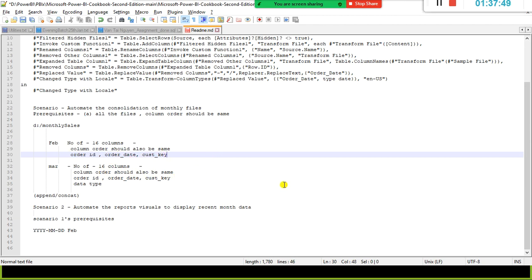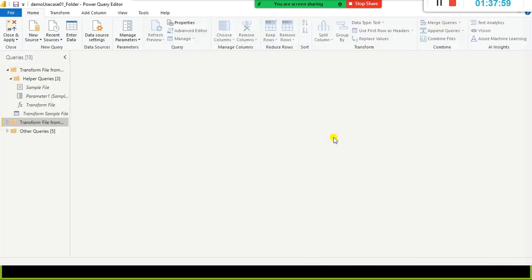You test it: will it work, what error are you getting? Those are the scenarios where most of the time the job can fail. If you know all these scenarios well ahead, it will be good, and keeping those scenarios in mind, you can proactively train or apply these steps accordingly.